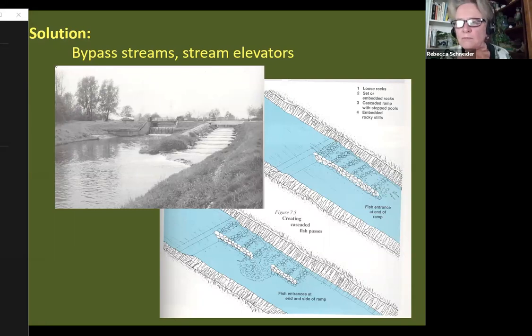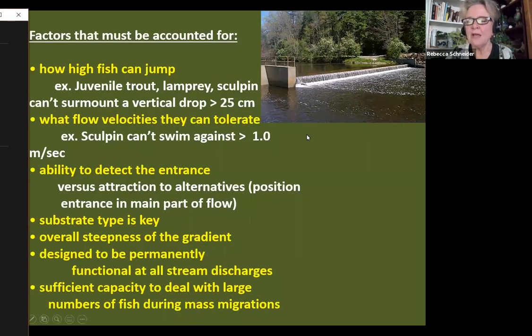So they want fish to be able to go up and down the rivers. And so in some places they put bypass ladders, they're called, or stream elevators, that the fish can go up next to the dam and get around it. However, when designing them, we've come to realize a lot of factors have to be taken into account. Many fish cannot jump above about 6 to 8 inches. And so in New York State, that is a photo of a dam from New York State. It's less than a foot high. There are some fish that could not get up that dam to get to the river beyond it.